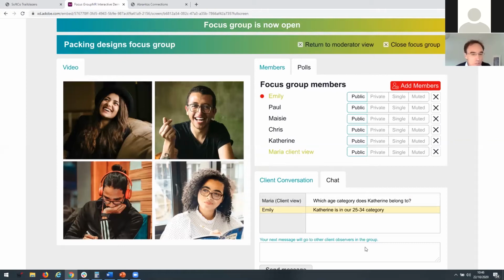Again, clients can observe. Again, the focus is on the individual. Again, there's no screen sharing getting in the way, and the observers are private behind that. So it does mirror a physical focus group facility, and it can be used for text chat groups, video focus groups, or video IDI depth interviews.